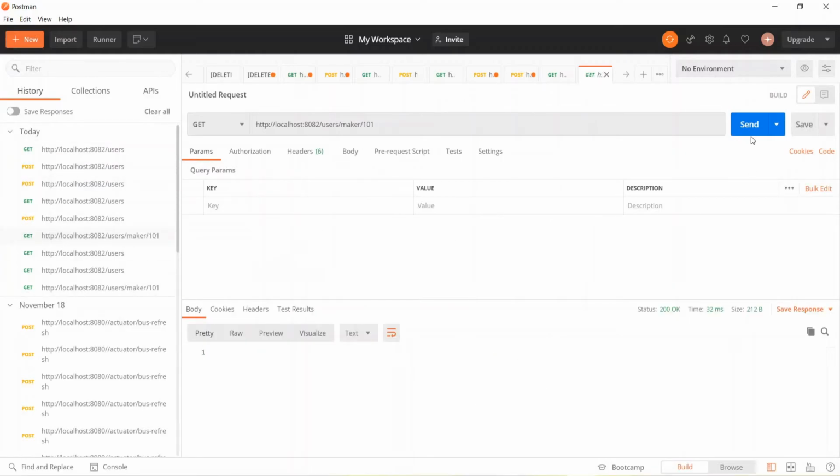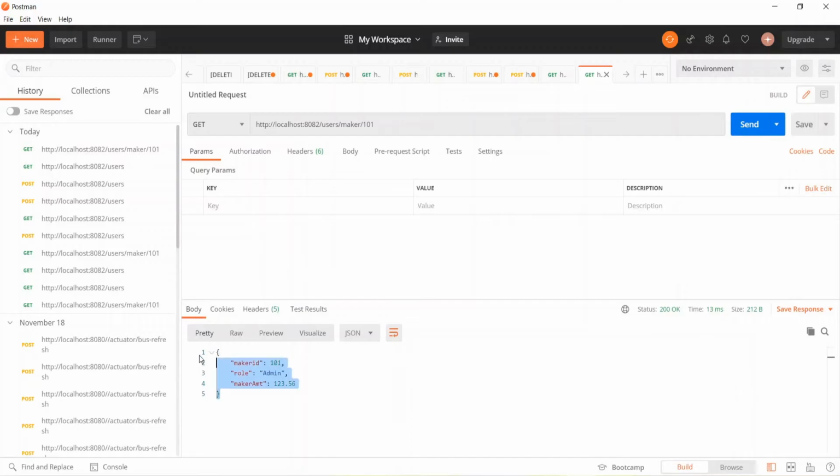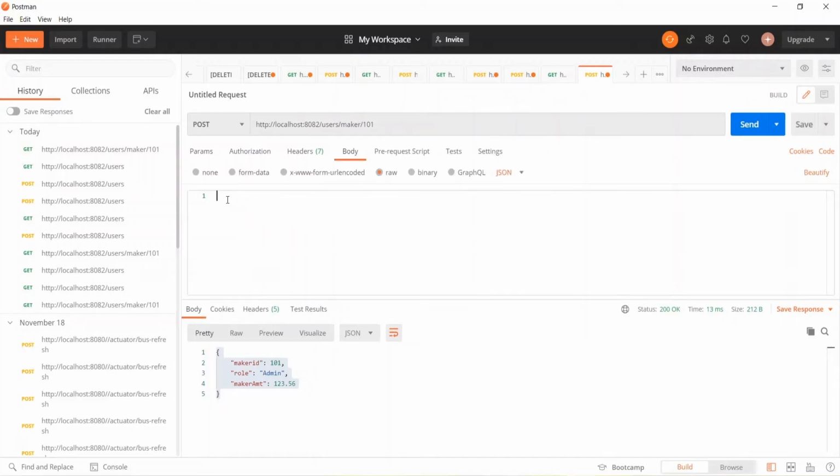Let's select again, send, copy this, select the POST method, go to the body part, paste, remove the maker ID, and select JSON.